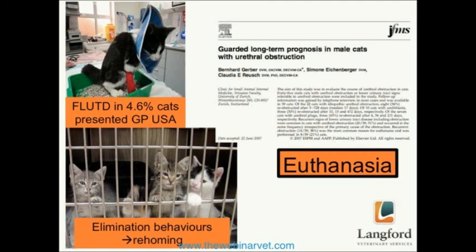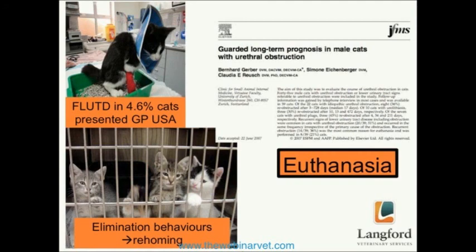Unfortunately, this isn't uncommon to see in our referral practice. It's often the end of the line when the cats have a recurrent episode, partly because of the stress the owner is going through, not wanting to see their cat in pain and going through these episodes again, but also because of financial considerations. So, it certainly is a significant problem. What I hope is that by the end of this presentation, some of the things we talk through will help you improve the management of the cases and have a more successful outcome, and try to prevent us seeing cats that have these horrible recurrent episodes of obstruction, leading to owners having to decide for euthanasia.